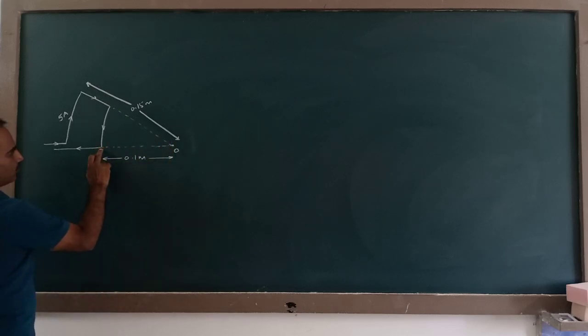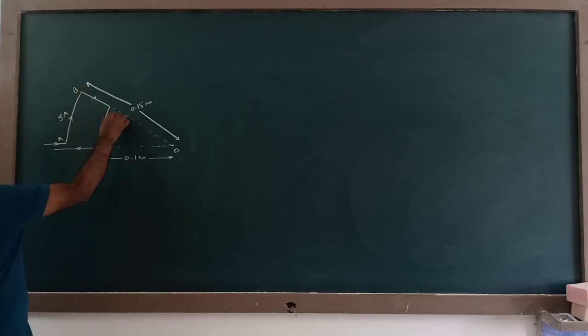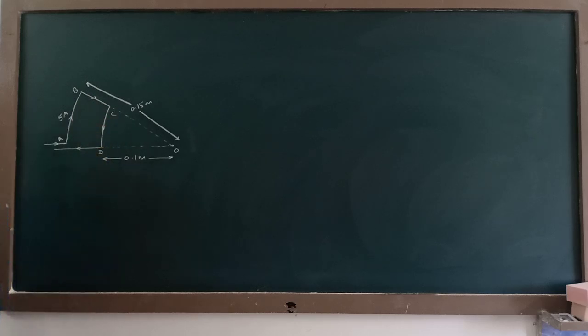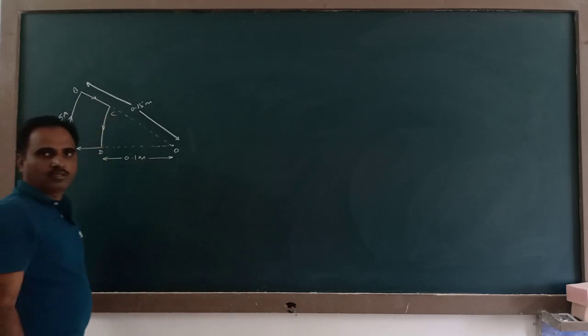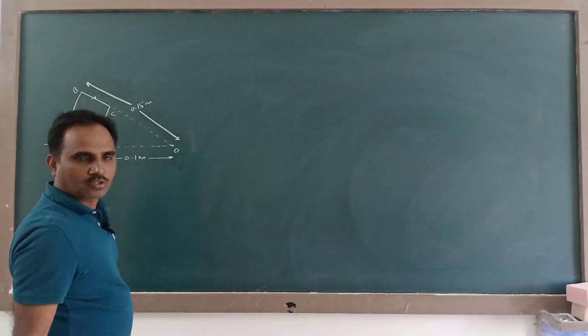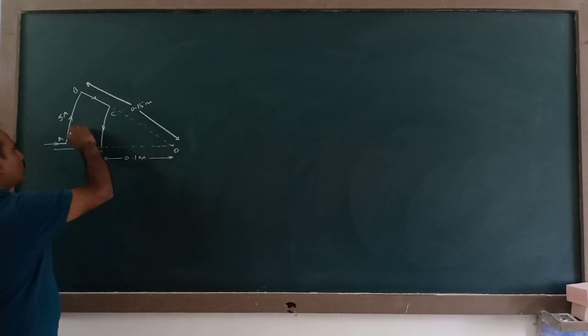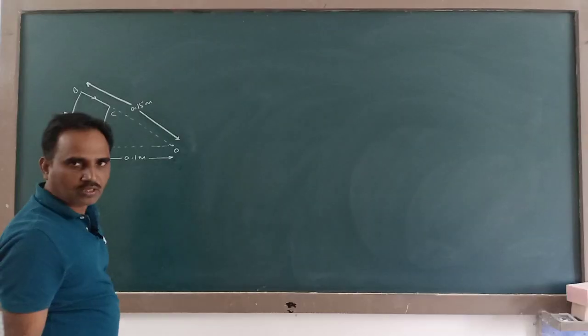The radius of this circular conductor is 0.1 meter and the radius of this circular conductor is 0.15 meter, and the magnitude of current is 5 ampere. I mark the conductor like this, A, B, C, D. To find the resultant magnetic field at O, first you find the magnitude of magnetic field at O due to this element of the conductor AB by using Biot-Savart law.